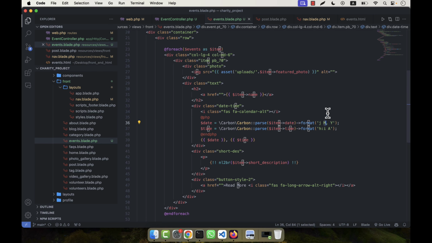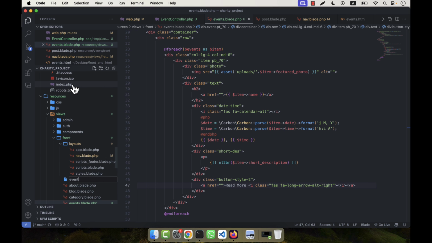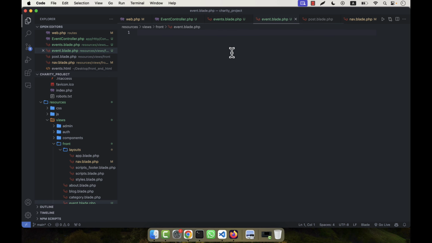So okay, now this portion is done. Now event single page is the main thing I will have to work with. So here I am going to call event.blade.php. So this is another blade. I am going to copy the data from here and paste it here. This is event detail. So I am going to remove this one, and I am going to open the HTML now. In order to open the HTML, event.html is the page. I am going to open that here,